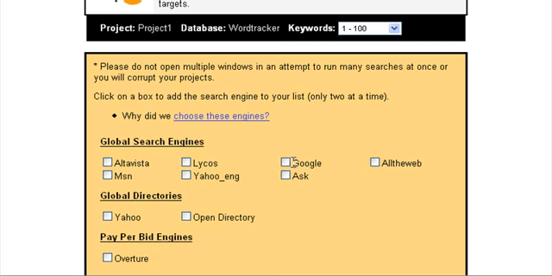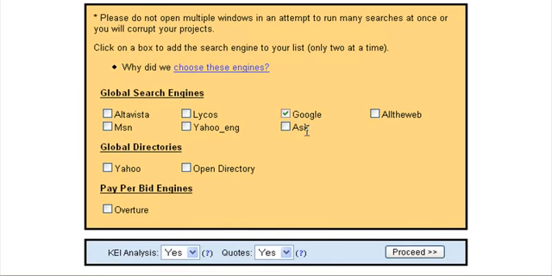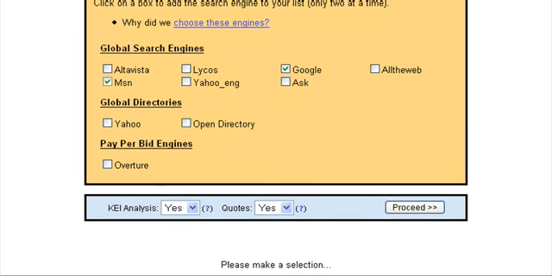Okay, you can choose various search engines here, but I'm going to choose Google and MSN because they're the most popular search engines. And to be honest, I've found that if I optimize for Google, then MSN happens anyway. I found with my sites, MSN prefers the cleaner, more straight code sites. Google's a bit of a weird one. Anyway, I'm going to hit proceed.